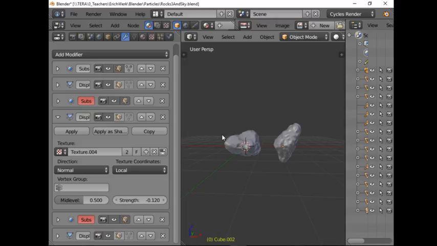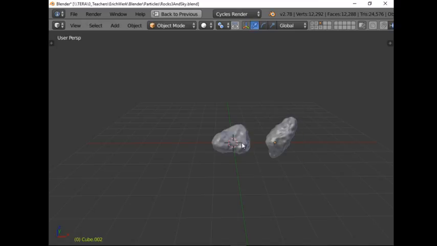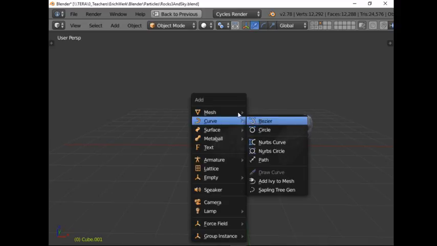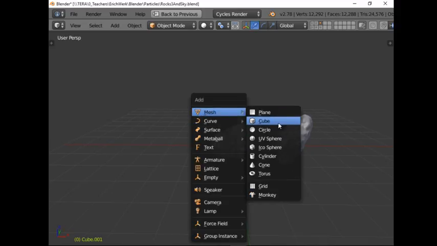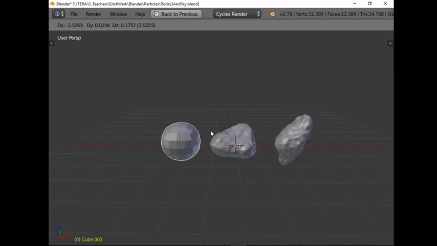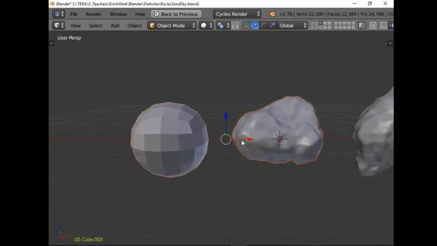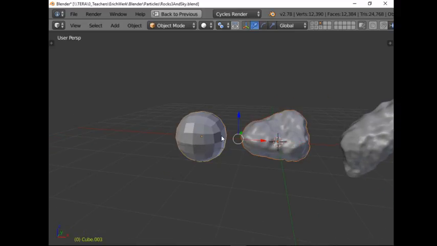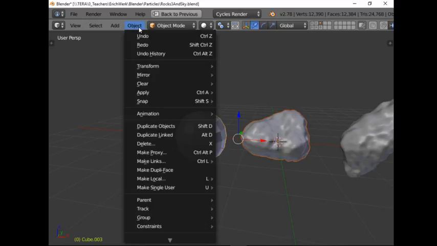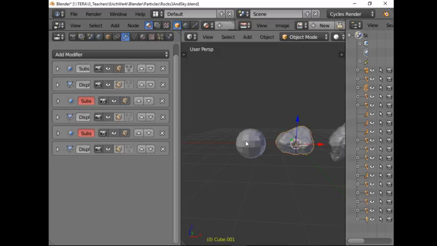Actually, that might be a good thing to know. For example, you want to use some other object, not the cube you started off with. I'll make a cube, but let's just say it's some other kind of object. And I want to transfer the modifiers from one object to another. That you can do in the object menu. So for example, if I want to add these modifiers that are here to this object,